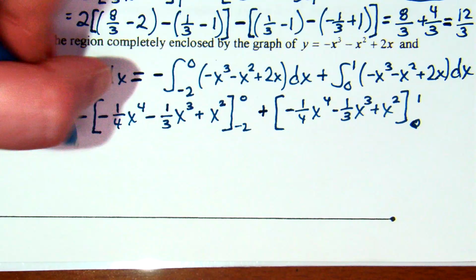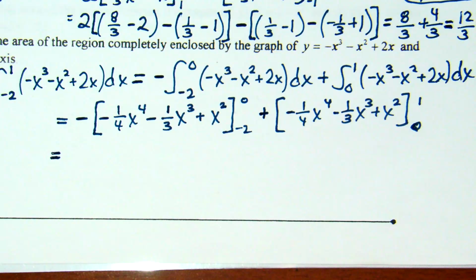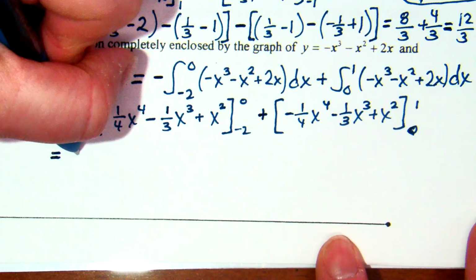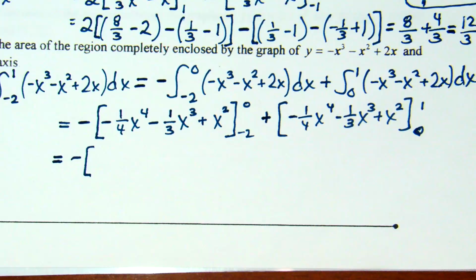Okay. All right, Nathan, have you? Okay. I've got the negative out front, and then I've got a bracket. What's the value I'm putting in first? 0. 0 because it is the upper boundary. So when I put in 0, we're going to have 0 minus 0 plus 0 in my first parenthesis. And then fundamental theorem of calculus says we subtract, and now we're putting in